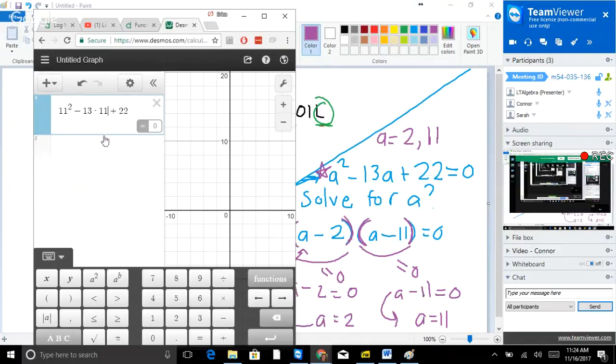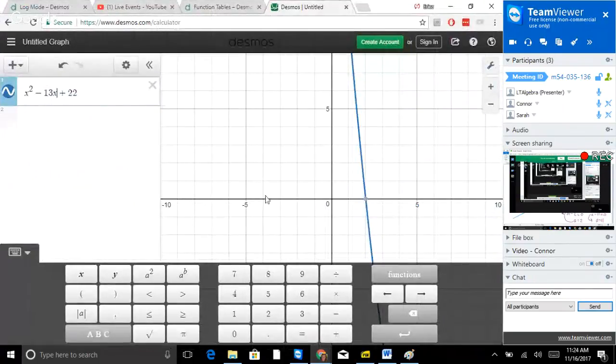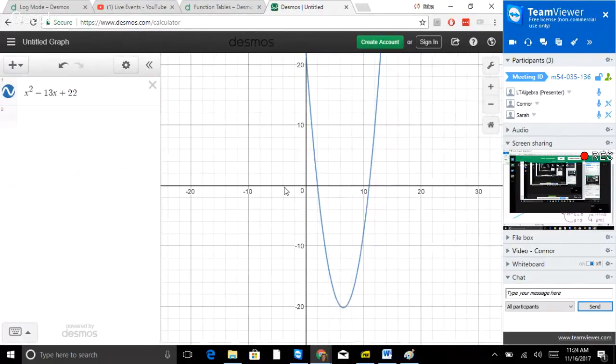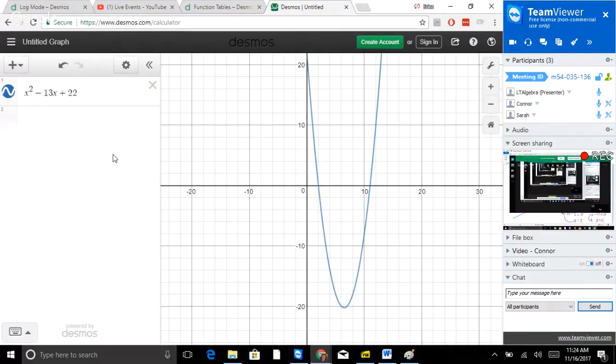But wait, there's more. All right, so you remember this original equation is a squared minus 13a plus 22? A squared minus 13a plus 22. I don't know if it's not going to like it because I did a. I have to change it to x. Okay. This is a parabola. It's too big. There we go. This is a parabola. So taking it back to 4.1,